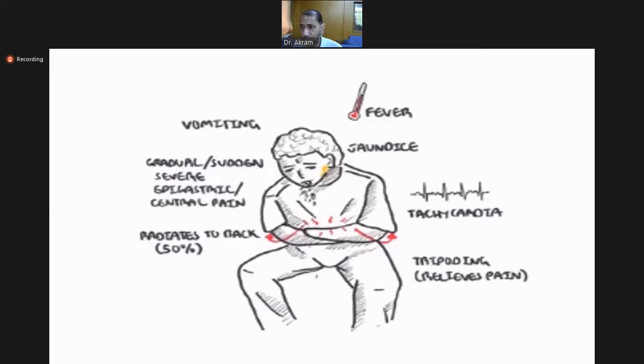Often you find the pancreas becomes swollen. Sometimes there is abscess formation. But when you open or operate, the condition becomes